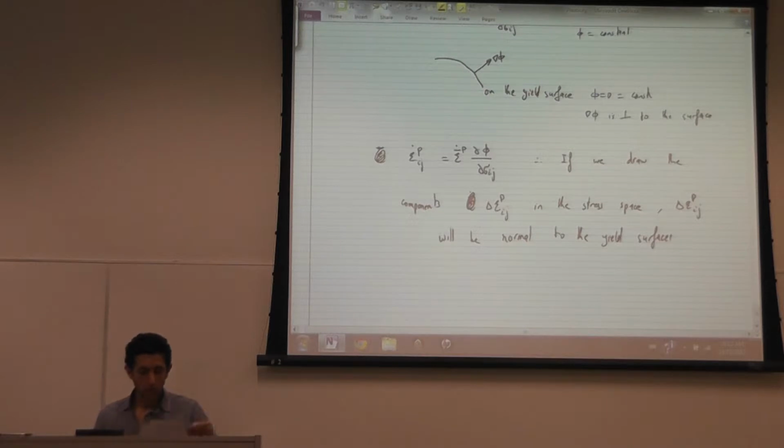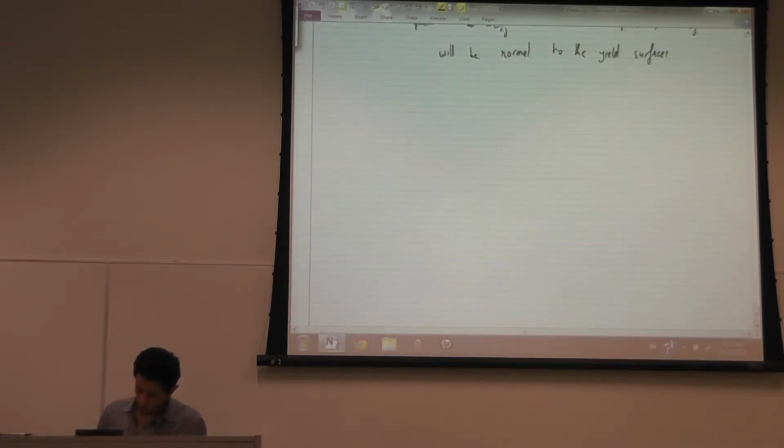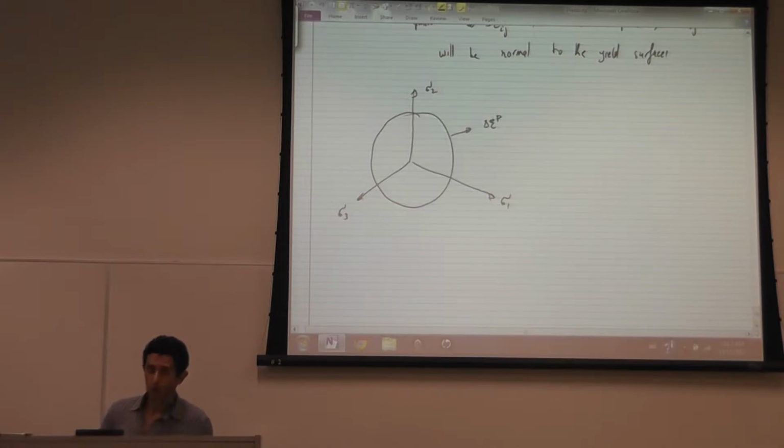And so if you draw the plastic strain, the vector made out of the different components, the direction is perpendicular to this yield surface. This is called the normality rule,